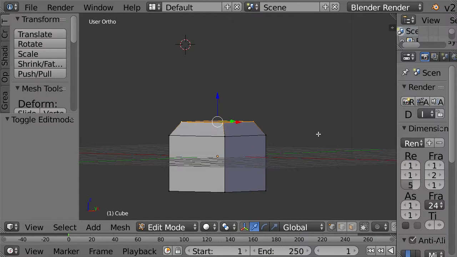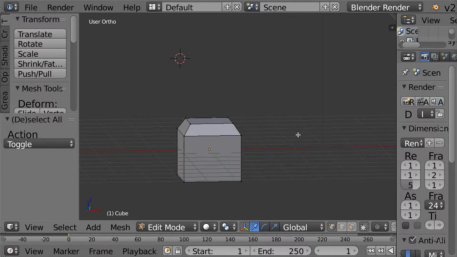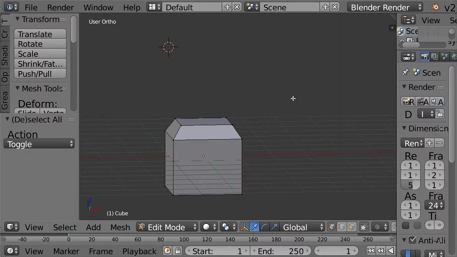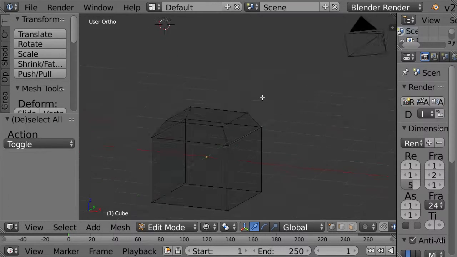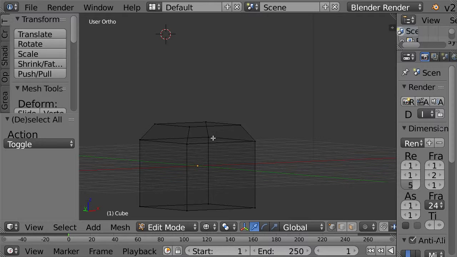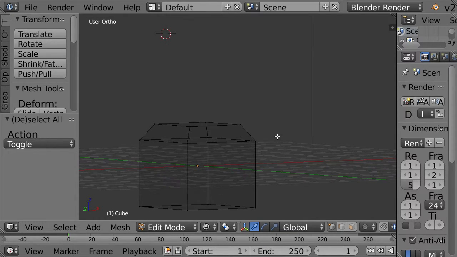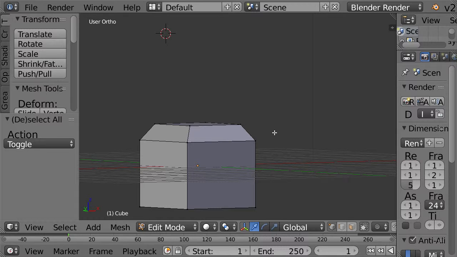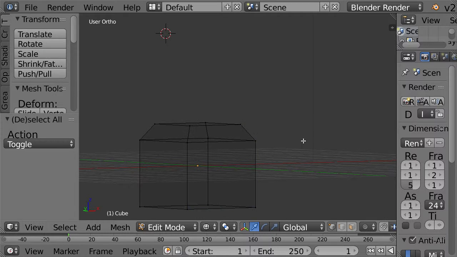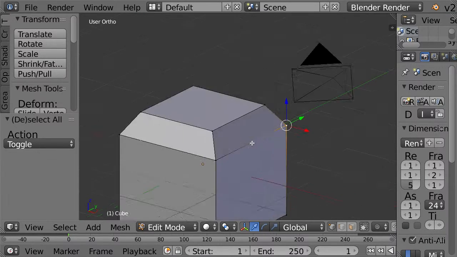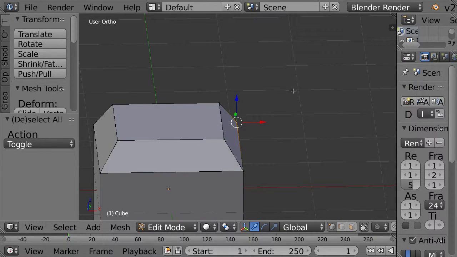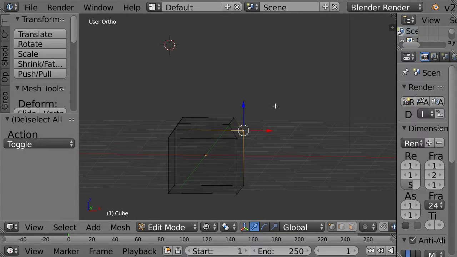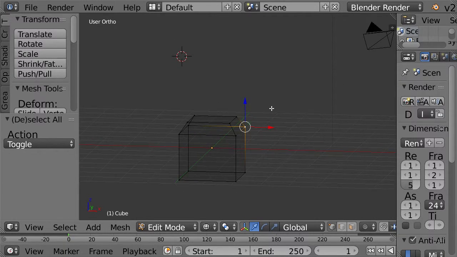Another interesting thing that you can do, I just deselected all by pressing A, is pressing the Z key. That allows you to see entirely through your mesh. So say you're lazy, you don't want to rotate it, and you want to select a point that's over there from this side. Well, you can press the Z key to make it transparent and simply select that point. As you can see on the other side, that point is selected. It's kind of effective, especially when you want to knock out all the points and select a whole bunch of them, but